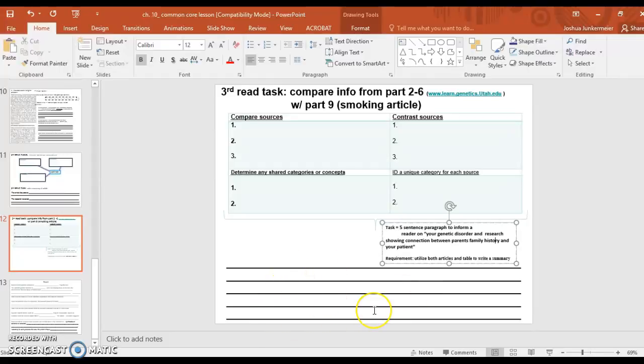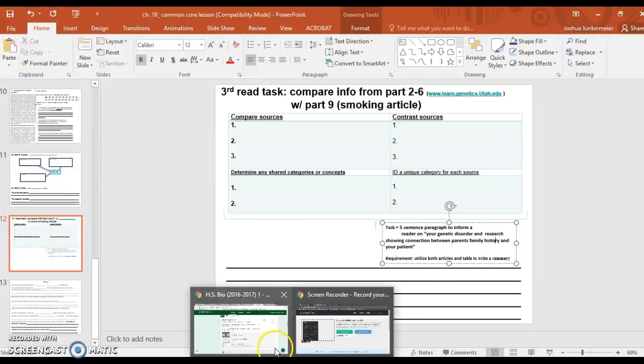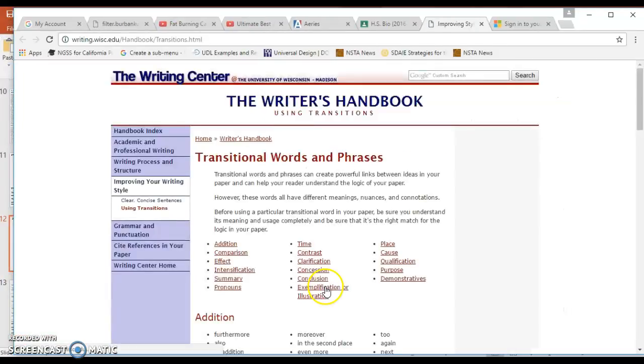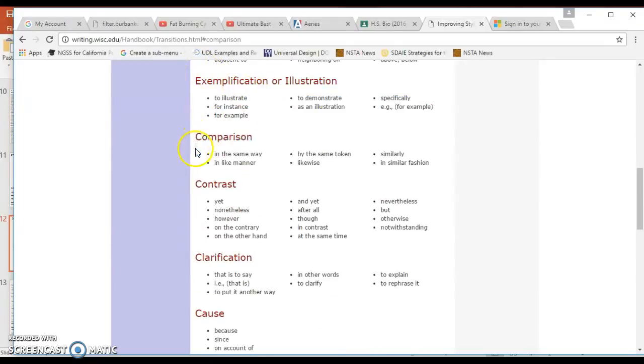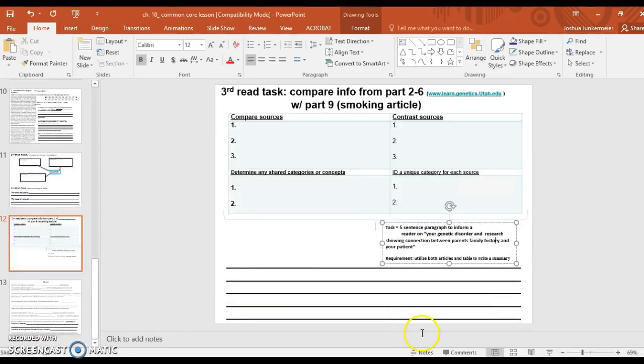And if you want a little help connecting those words, all you have to do is go to Google Classroom, and we have here a website that has some transition words. So if you want to show comparison between the research you've done to identify the syndrome, and you want to show how the syndrome you've diagnosed compares to the article you read, you can just click right here for comparison, and you get a bunch of different words that you could use to show how the research you've done and the diagnosing you've done compares to what you've read in your article. You could use, for example, similarly. So when you're typing up your paper,